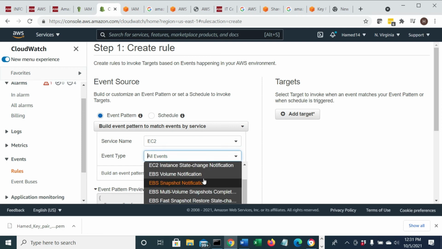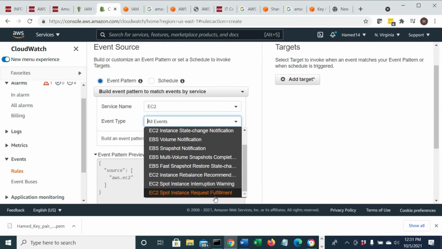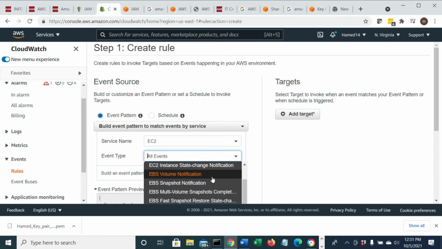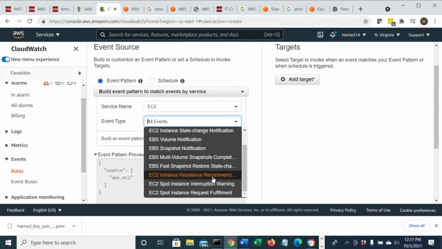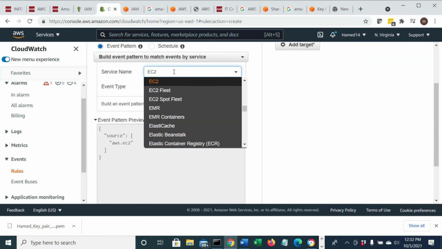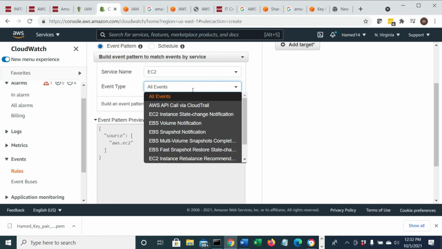If somebody does EC2, instance, hold on a second. Yeah, let's say EC2, right? All events, like they would do all of the EC2 right here.